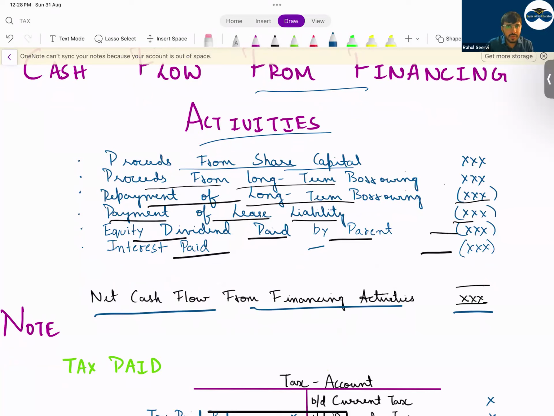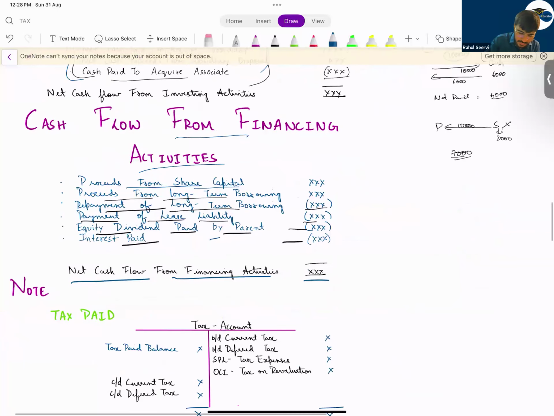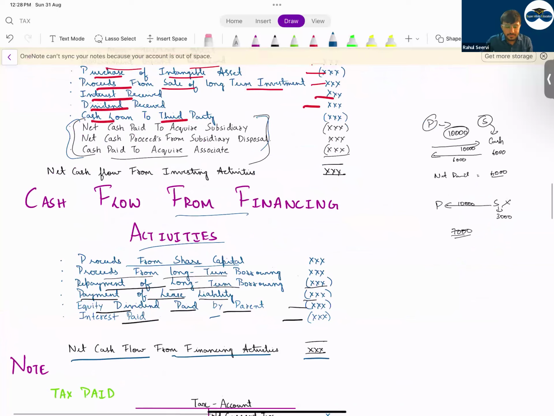We still have to come to the main point of cash flow. I'll come to that. As of now, the basic format we have learned. I've not come to the SBR part. Only three items we have done regarding SBR.